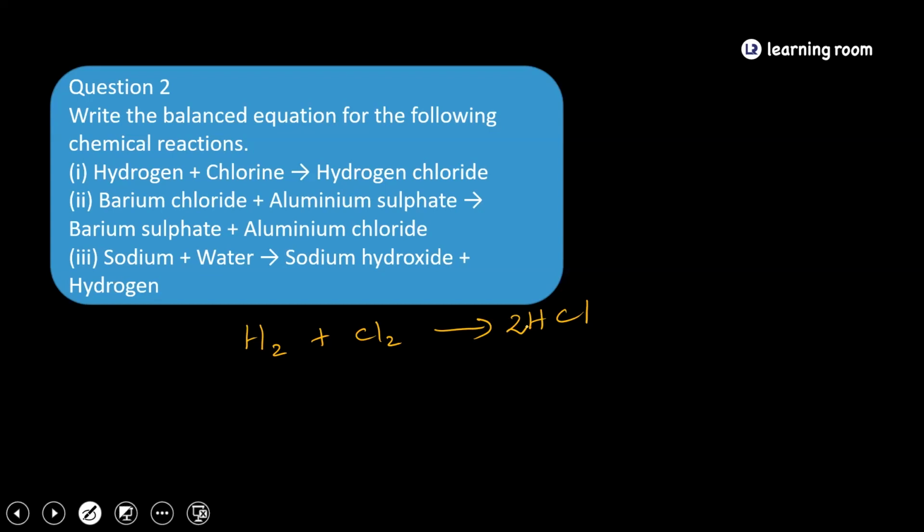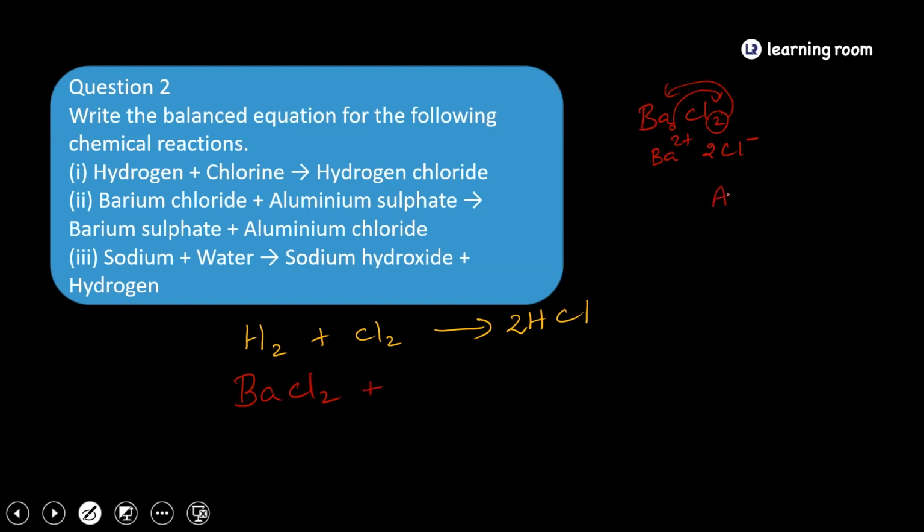Then next, barium chloride, BaCl2. So remember, BaCl2, how is it? It becomes Ba2+ and 2Cl-. Here is the criss-cross method. This goes here and this goes here. So always we will write the positive first, negative second. If you are writing any chemical equation, the positive part, the metal, you have to write first, and then you have to write the negative part. Okay. So barium chloride and aluminum sulfate.